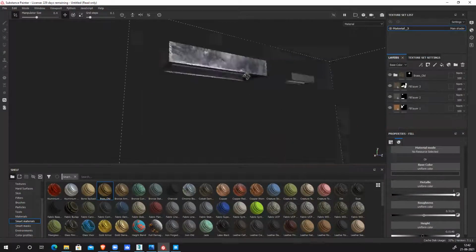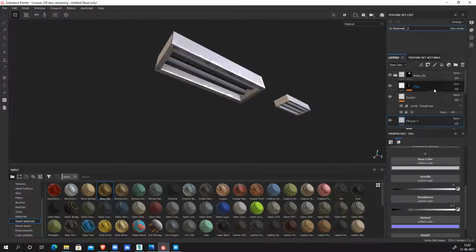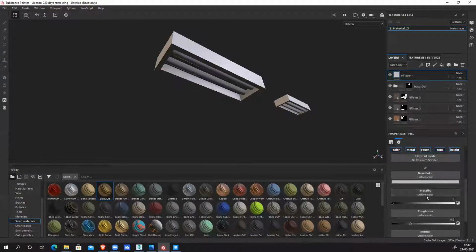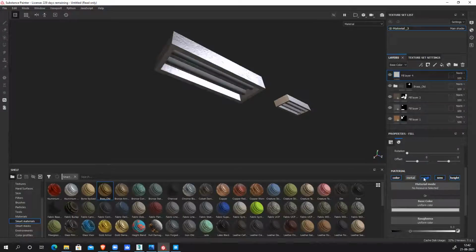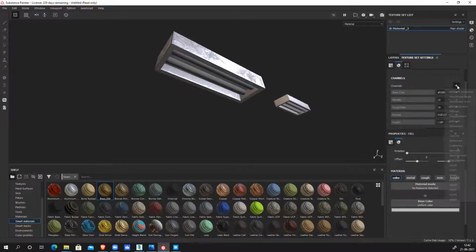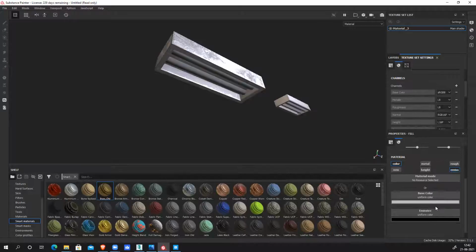Now I have these two tube lights, they are supposed to glow. So I'll create another layer. Oh, sorry, here, this one outside, a separate layer. Everything in a separate layer, right? So for this, I need base color and I need emissive. Rest everything is not required. Emissive is not there, so I need to activate it. Go to channels plus, there is something called emissive. Add emissive, switch it on.